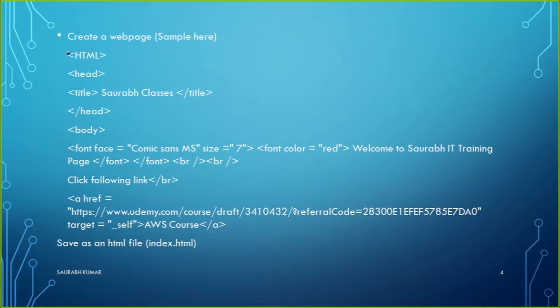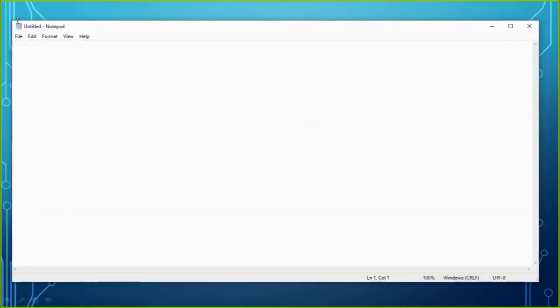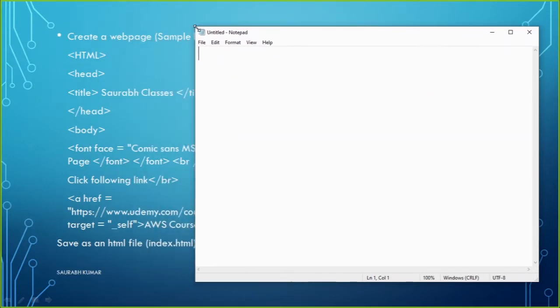So let me share my screen, where I have written some code. It's very basic HTML code. You can use a simple notepad. In the notepad you will just type some basic code. For example, if you want to make a site, you will start like this with HTML. Then in the HTML, first you add the head. And in the head, maybe you want to have a title for the website. What is the meaning of title?